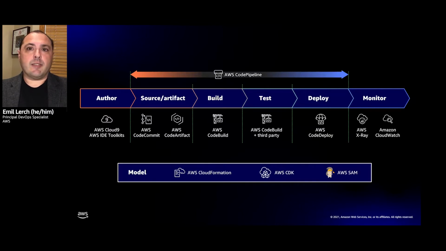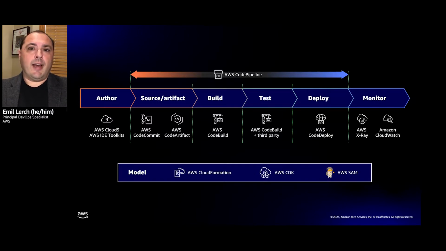If we have a serverless application, we might want to abbreviate the amount of text that's in that file by using the Serverless Application Model to assist us in describing a serverless application. And then lastly, Kate today will be using the AWS CDK.